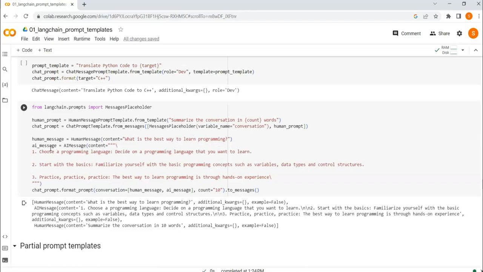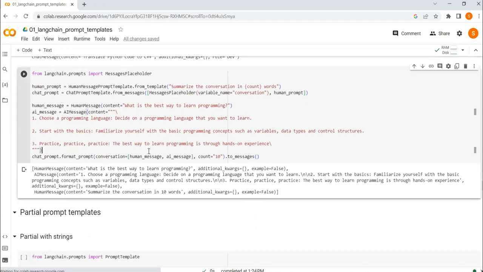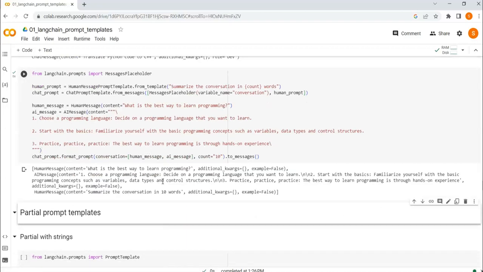And then we feed in the human message and the AI message into this particular placeholder. And so finally our prompt then becomes: it basically adds the human message and the AI message into the conversation container. And then finally we have the human message, which was essentially the human prompt that says summarize the conversation in